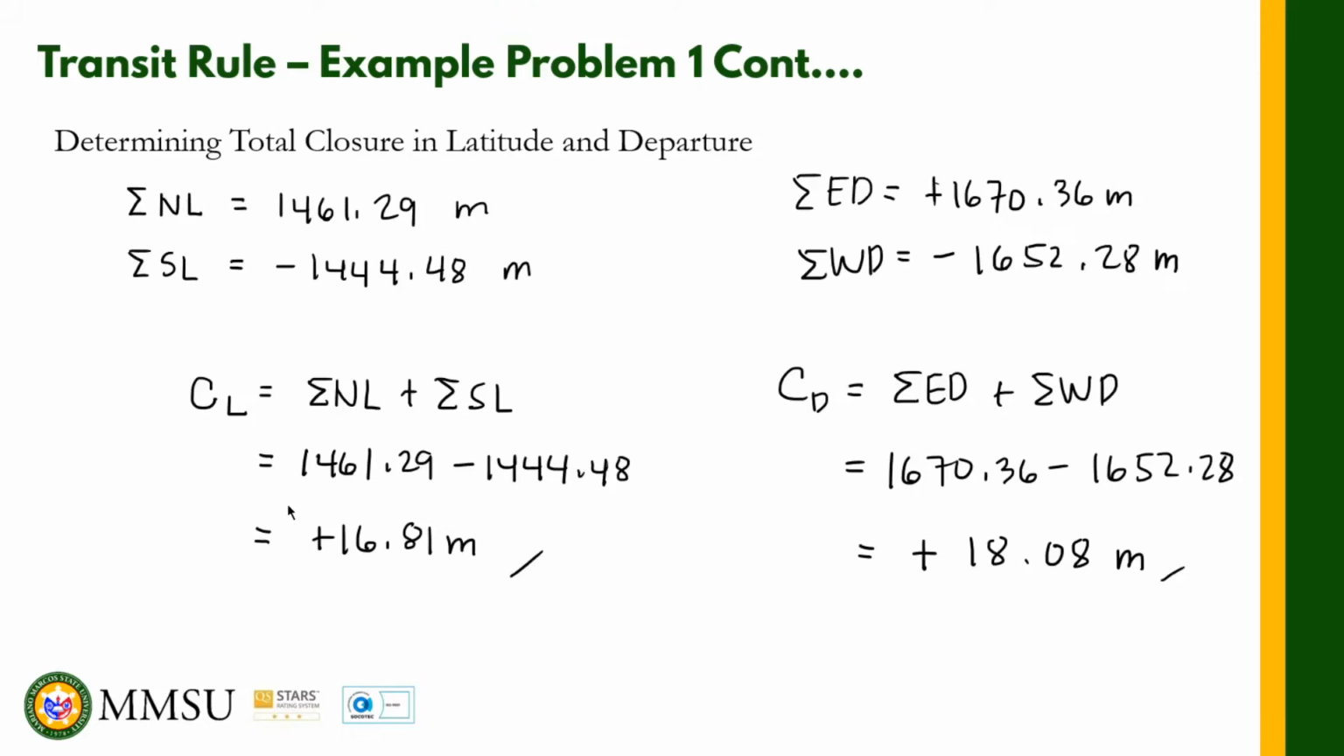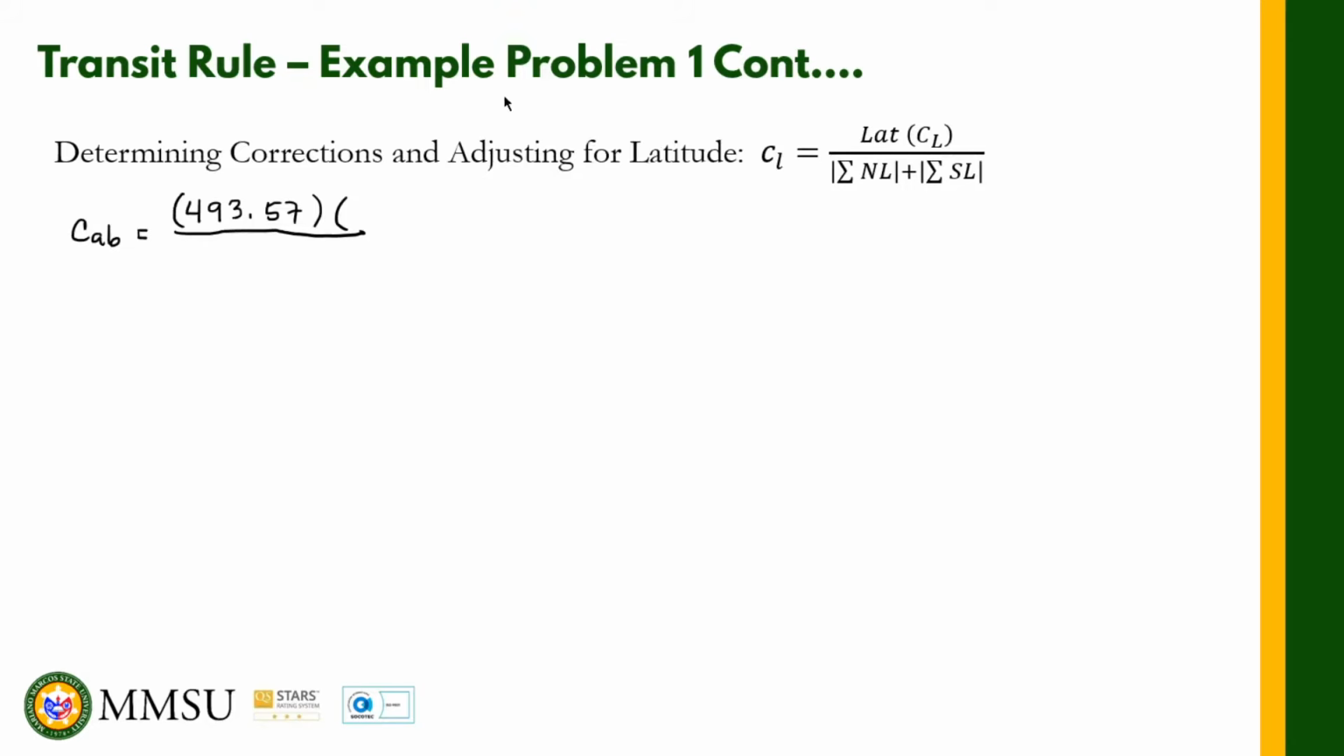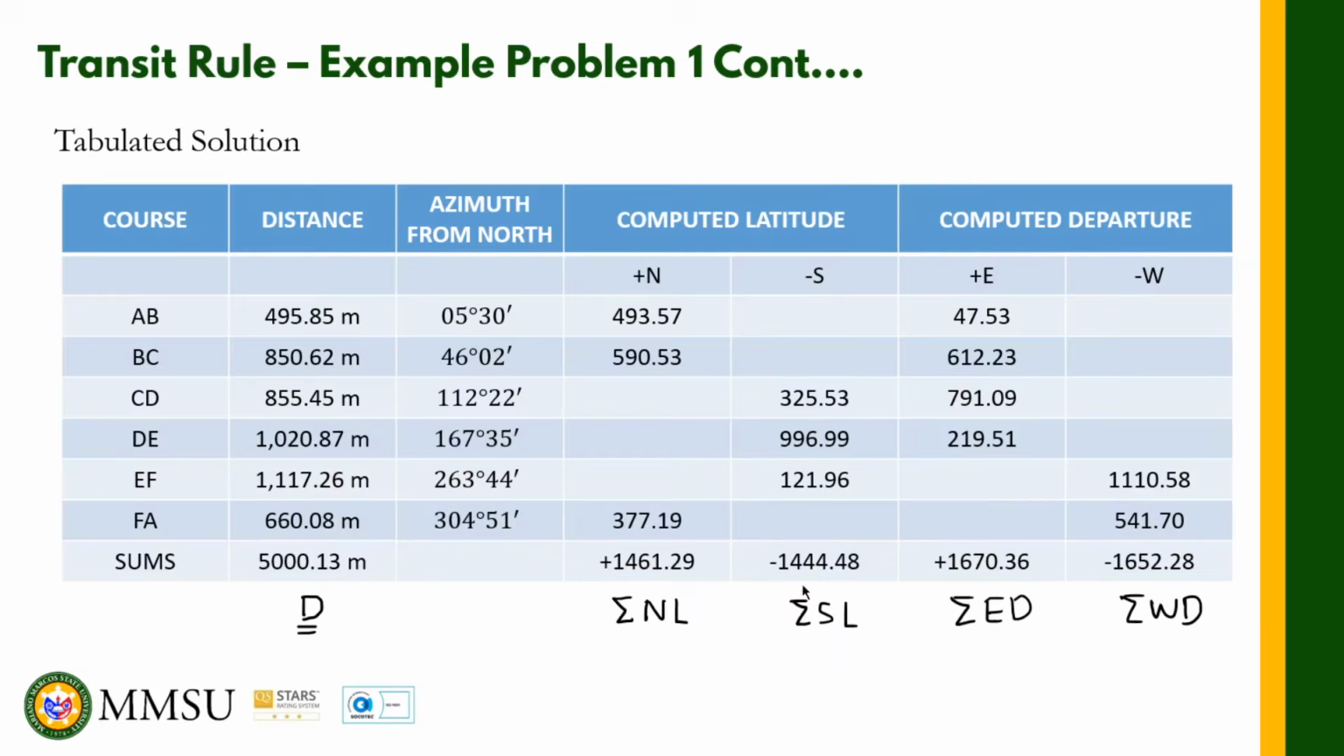That's C sub L, that's 16.81, and then divided by the sum of the north latitude and the south latitude. Okay, this is the absolute value. Ibig sabihin, we do not mind the sign. I-add natin silang dalawa. The summation of the north latitude and the south latitude, that's